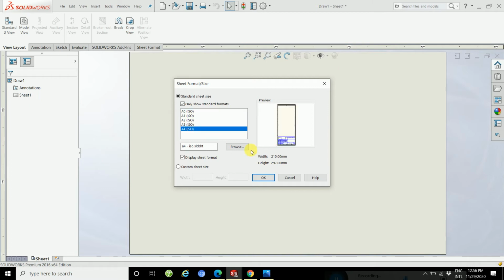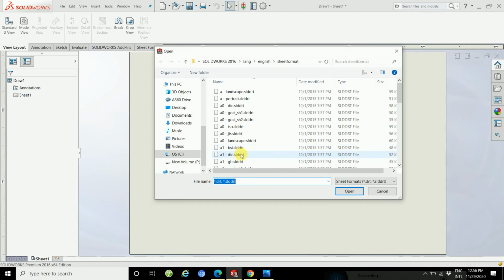I will take an A4 size: height 297 and width 210. Then browse for a different template. Here different types of templates are already given, so select landscape and then pen.